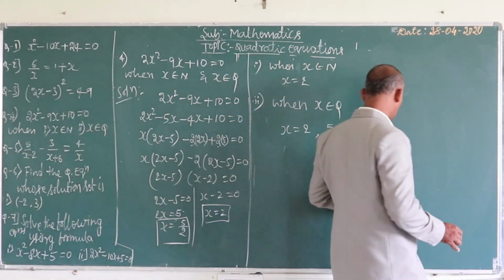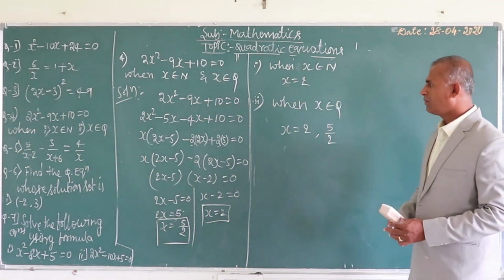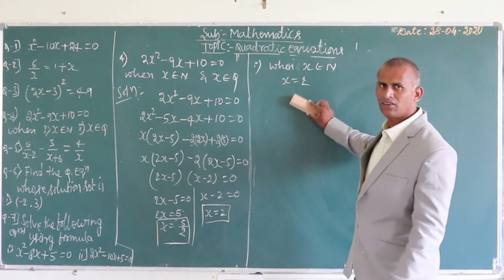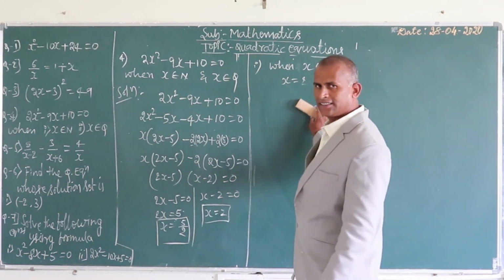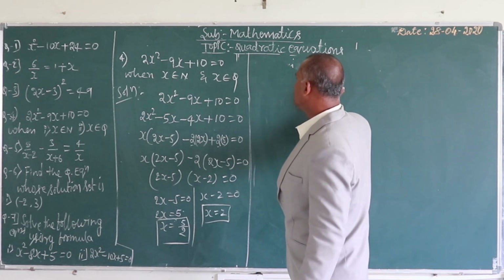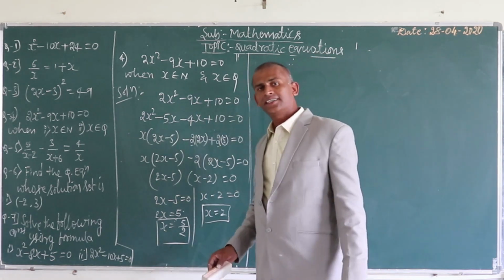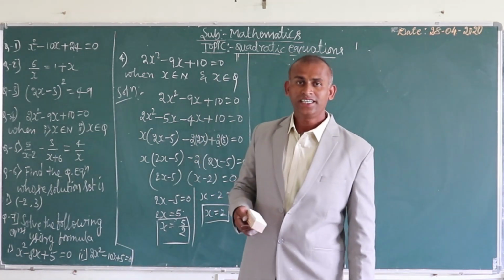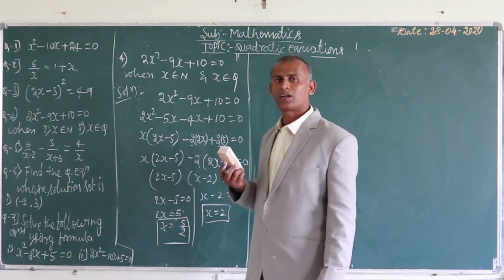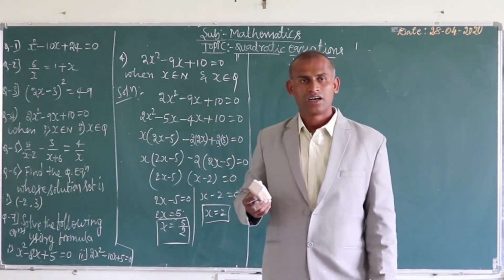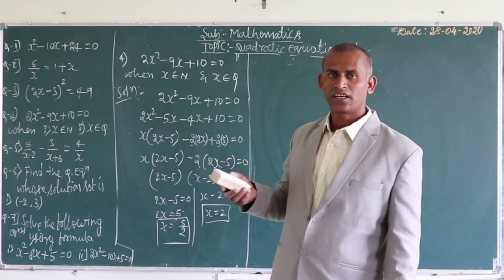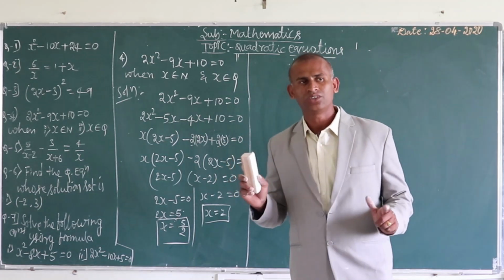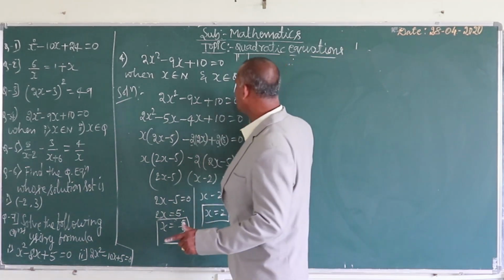Fifth question. Question number 5. They gave everything in fractions only. Those fractions we are solving. We have to convert them in the form of a quadratic equation. Either it is possible to solve by the factorization method, or if it is impossible, we can go for the formula method. That is like our Apat Bandhava. Suppose we are in a tough situation, if you know the formula it is compulsory, and it is very easy to solve the sum. That is very, very important.